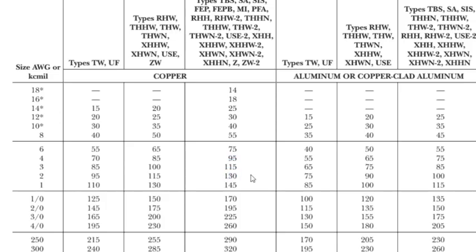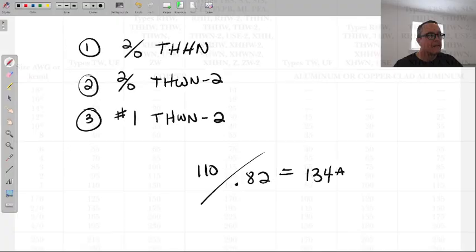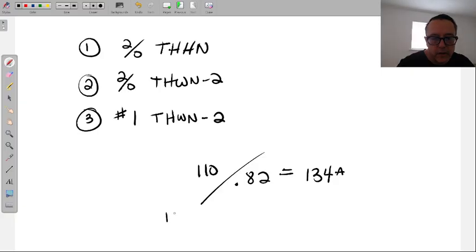That one got me, I think, 106. Yes, and it's just shy. So if you land at 106, then the next size higher must be it. Okay. Yeah, and it was 106 times 0.82.